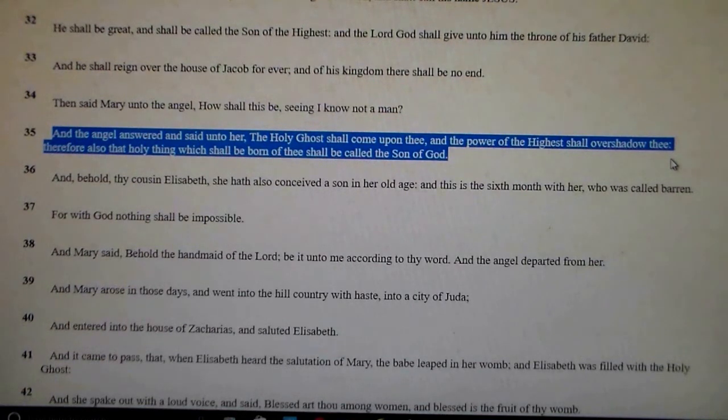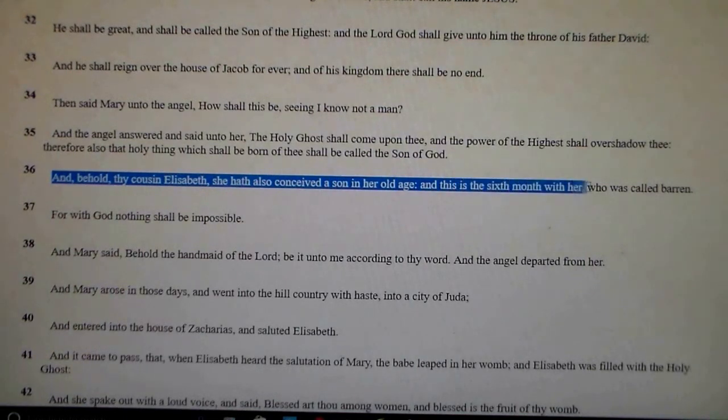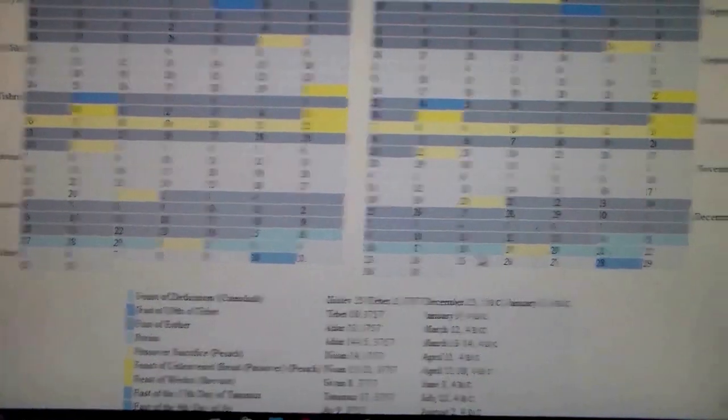And the angel answered and said unto her, "The Holy Ghost shall come upon thee, and the power of the Highest shall overshadow thee. Therefore also that holy thing which shall be born of thee shall be called the Son of God." And verse 36 says, "And behold, thy cousin Elizabeth, she hath also conceived a son in her old age, and this is the sixth month with her, who was called barren," meaning that Jesus had already been conceived on that day. So that sixth month, of course, we can document that it was exactly